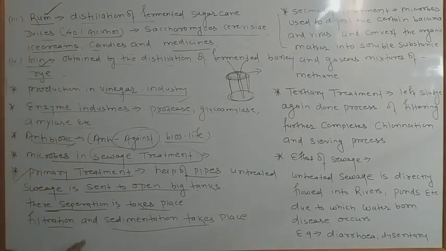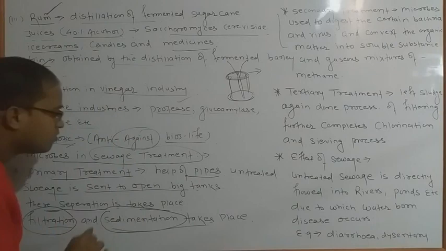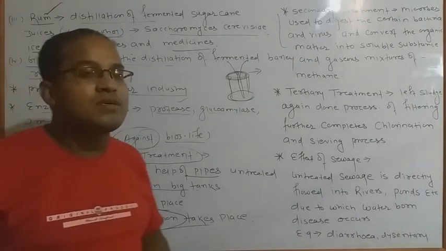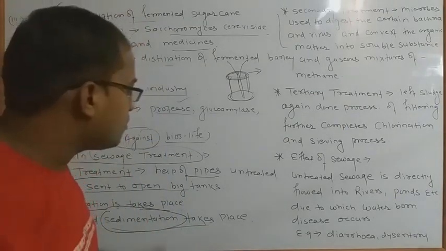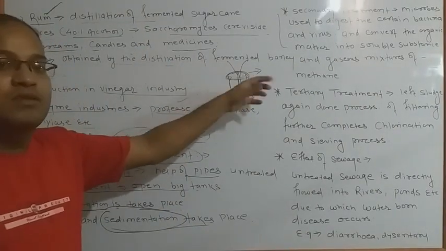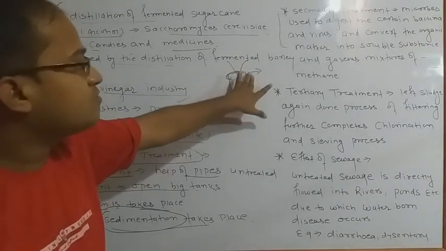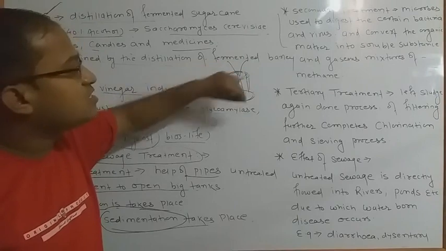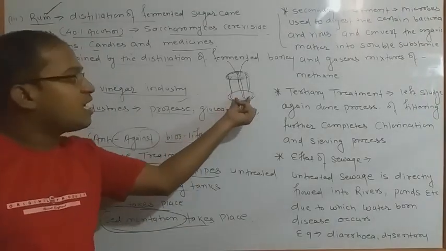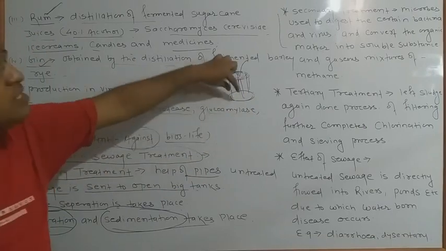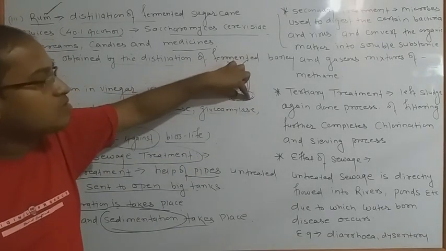Here two things were left, most important: filtration and sedimentation. What is the most important use? यहाँ पे फिल्ट्रेशन और सेडिमेंटेशन का सबसे इंपॉर्टेंट यूज ये है कि जो भी ट्रीटमेंट सीवेज अंदर आता है, firstly we have to filter by using filter machines. फिल्टर करने के बाद जो भी चीजें नीचे जाती हैं, that is fixed and sedimented in the bottom place of the open tank. ये ओपन टैंक के नीचे जाके फिक्स हो जाते हैं, सेडिमेंट हो जाते हैं.